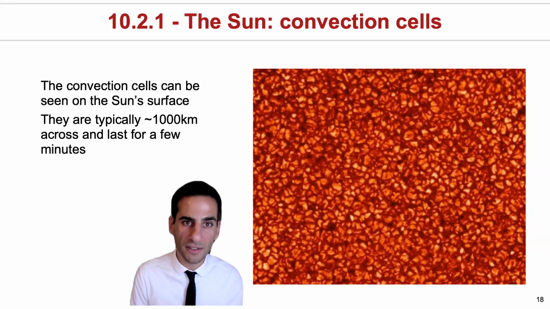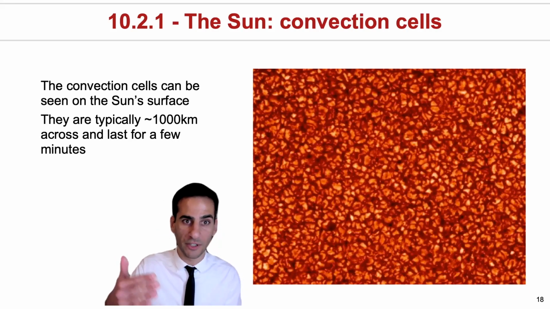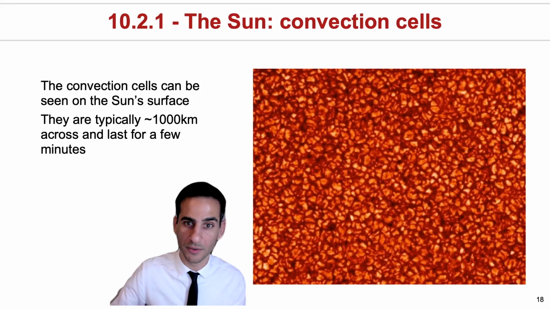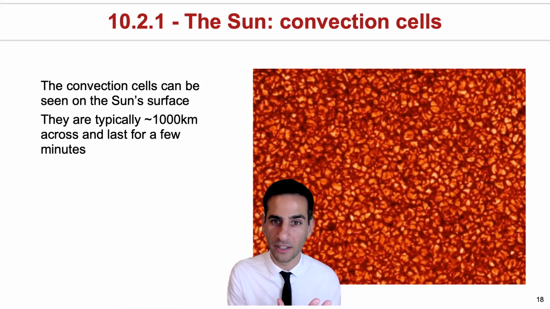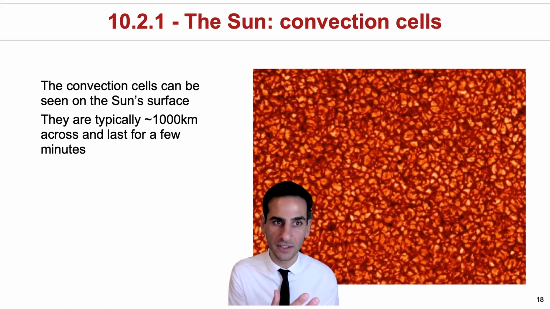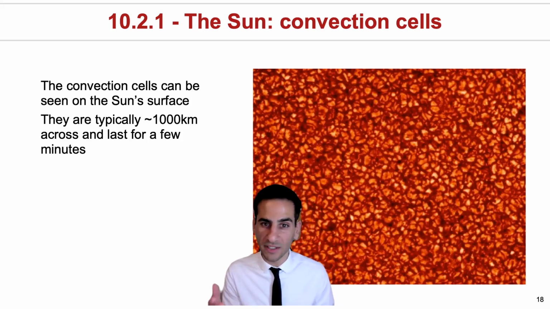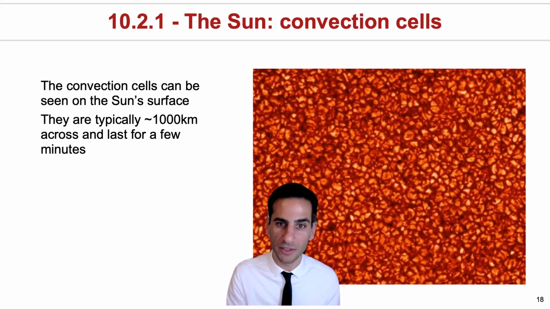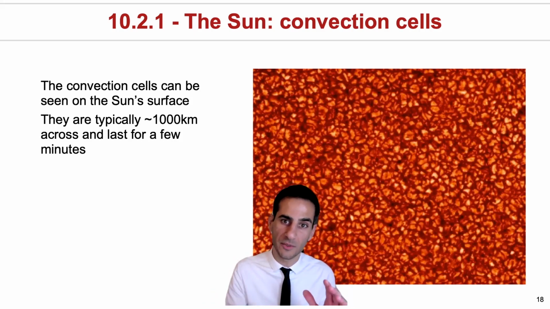These convective cells, in case you've never seen them, are observed with a telescope and obviously with a very good filter, because you don't want to become blind by just looking at them. This is how they look. When you observe them, you can actually see them changing live within seconds, and they're typically something like 1,000 kilometers across. The reason why we can see them changing is because they last only a few minutes,